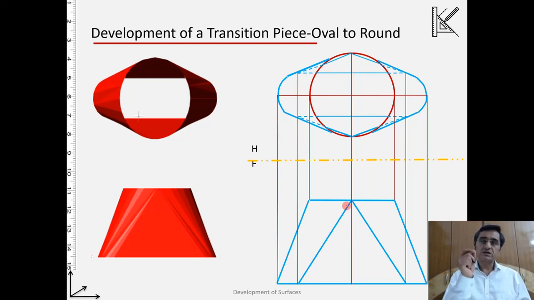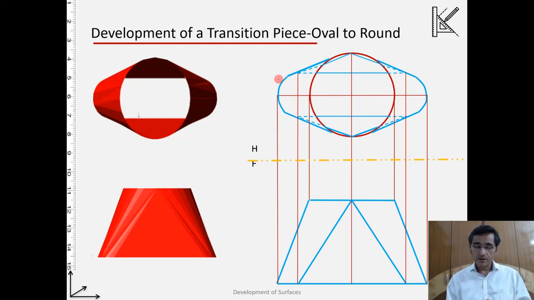The basis of the development is that we have to represent this entire thing by means of smaller triangles. Those triangles can be planar triangles or conical triangles. Or we have to represent them, I can say again, by a simple plane or conical surfaces.